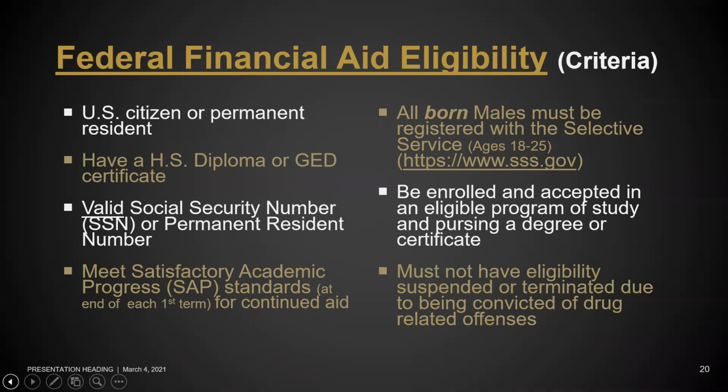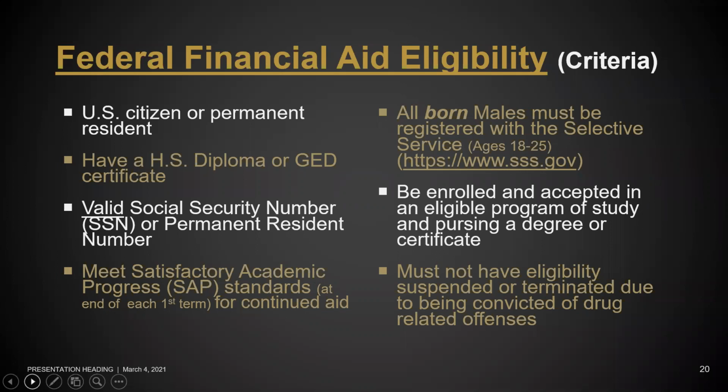So they have to maintain at least a 2.0 GPA. They have to be passing their classes at least 67% for that semester. So 67% of their courses for that term they have to pass. There's some colleges where they have a standard of 75%. So you have the 67% criteria for that eligibility for continued financial aid. And then the last standard is that the student has to be progressing towards graduation within a